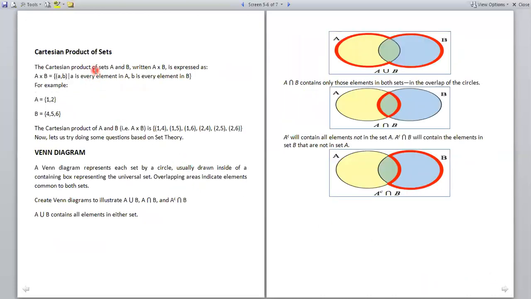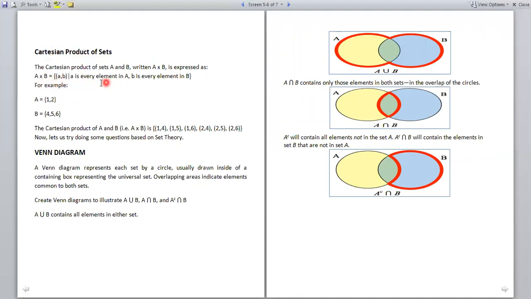Next was the Cartesian product of sets. When you are applying A cross B to two different sets, the resultant set contains pairs (A, B).